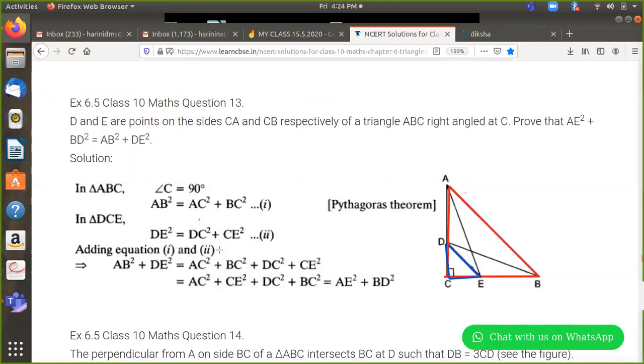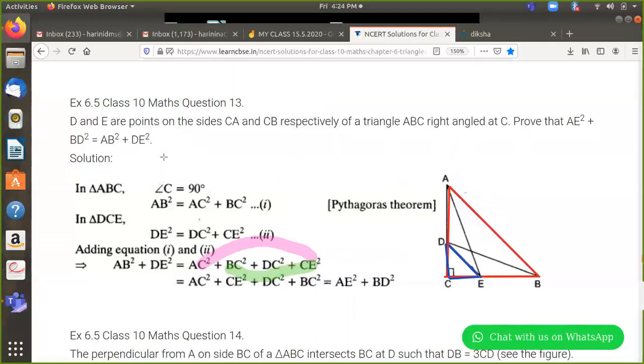So I am just readjusting this here. I'll show you how that readjustment is done. I have this AC square and CE square taken together. It is this AC and CE. I have taken it together, so I have brought it down here. Then I have taken the remaining 2, that is the BC square and the DC square. Can you see that? When I group them together, the AC square plus CE square. Now come to the diagram again.